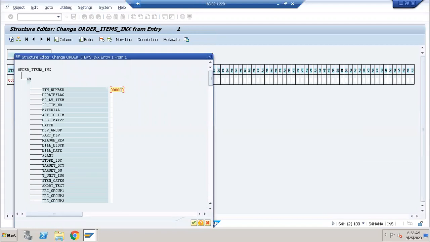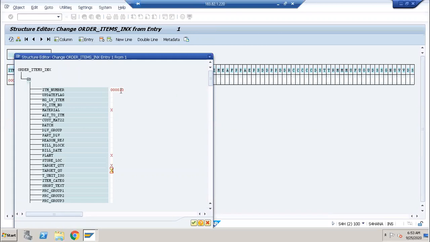For item number 10, which fields are you filling? Here I have filled the material, and the plant also, and the target quantity, and the unit of measurement also. So these 4 fields I have filled for item number 10.